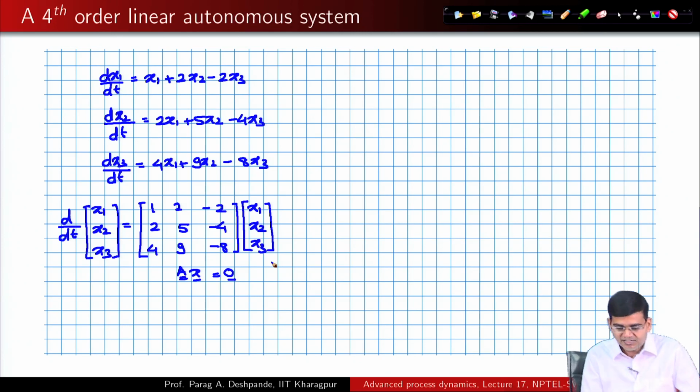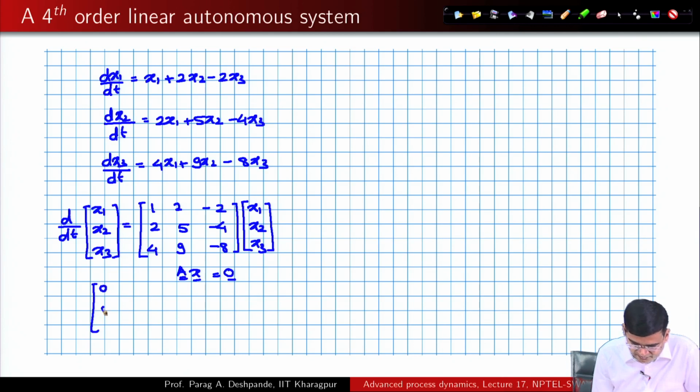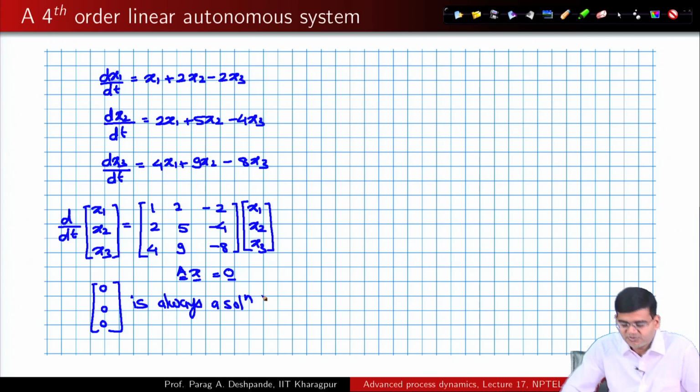And 0, 0, 0 is always a solution. Okay. So, 0, 0, 0 is always one of the equilibrium solutions, but I want to know can I